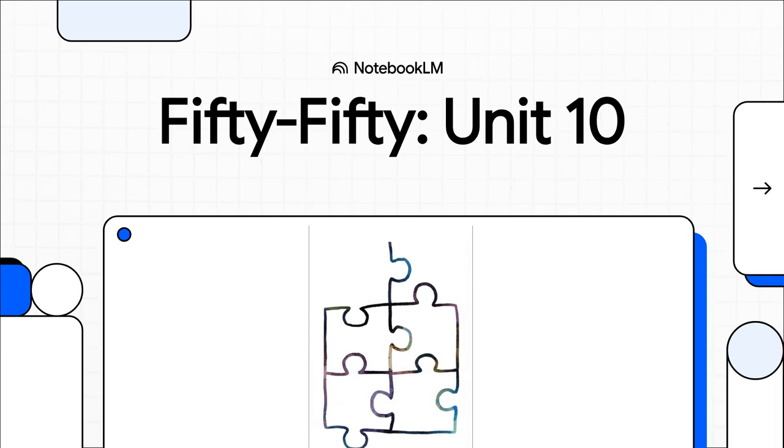Hello and welcome back. We're diving into the 50/50 course, and today it's all about Unit 10, Say That Again, Review and Consolidation. This unit is all about making sure the English you've learned really sticks. In Arabic, the title is كل ذلك مرة أخرى, مراجعة وتوحيد. So let's get right to it.